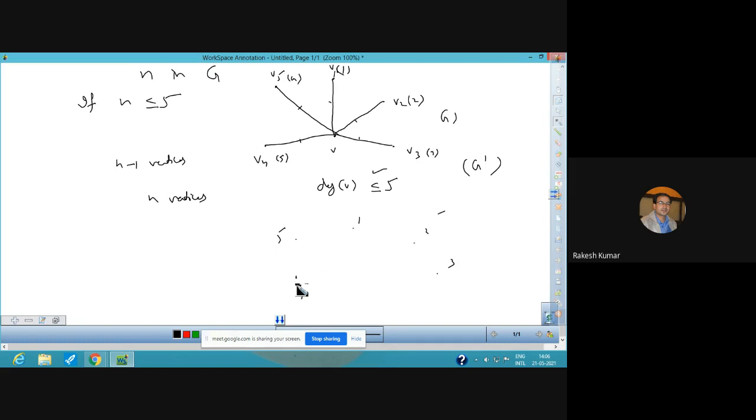Hence it is sufficient to consider the case that G dash has 5 colors with which its vertices are properly colored. This is what they are saying. इसका मतलब ये हुआ कि अगर किसी प्लानर ग्राफ में, प्लानर ग्राफ का मतलब ये है कि वो सारे के सारे वर्टिसेस उसके साथ ज्वाइंट हैं,